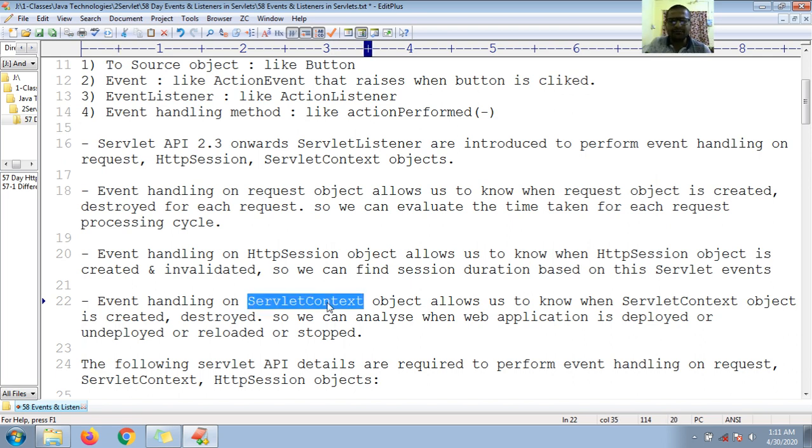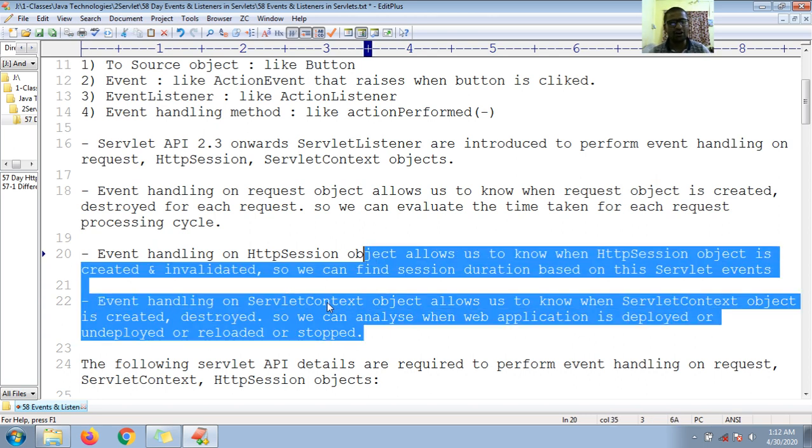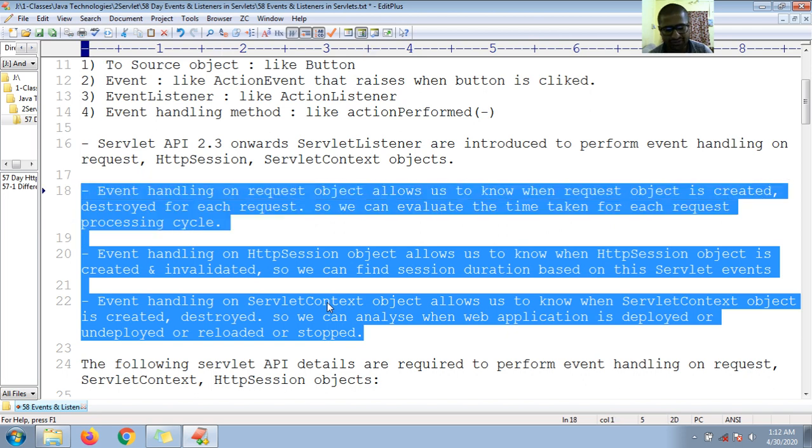Event handling on the servlet context object lets us know when the servlet context object is created and when it is destroyed. So we can analyze when our application is deployed, undeployed, reloaded, restarted or stopped on my server. These are the uses of listeners with the help of request, session and servlet context objects.